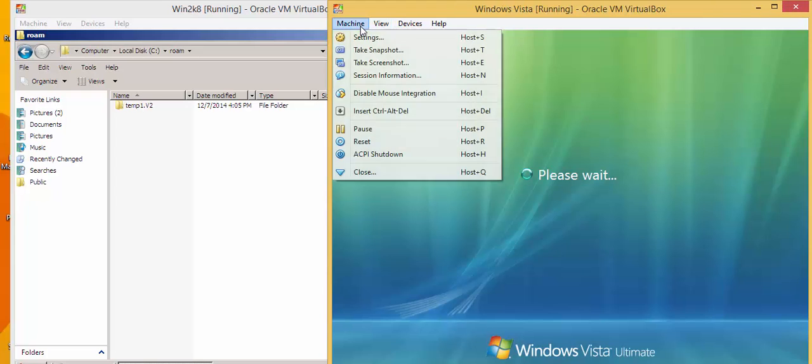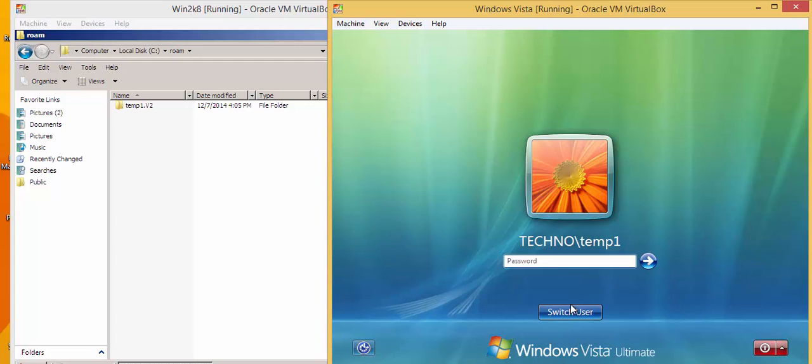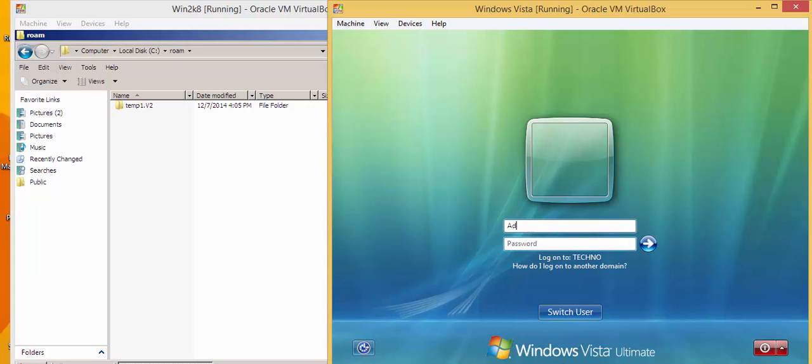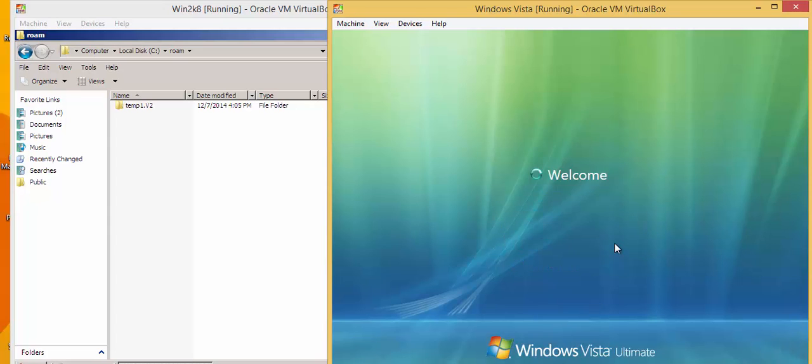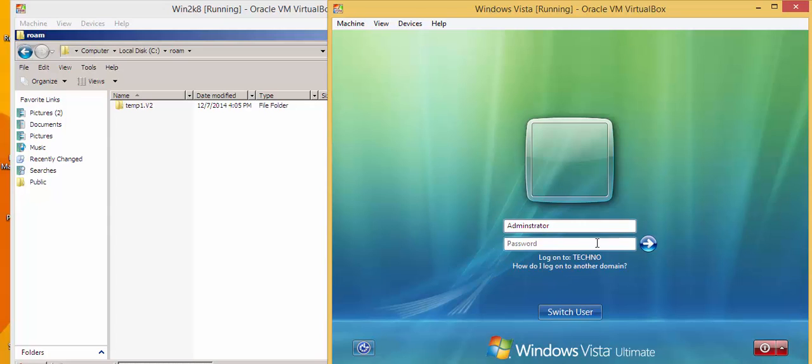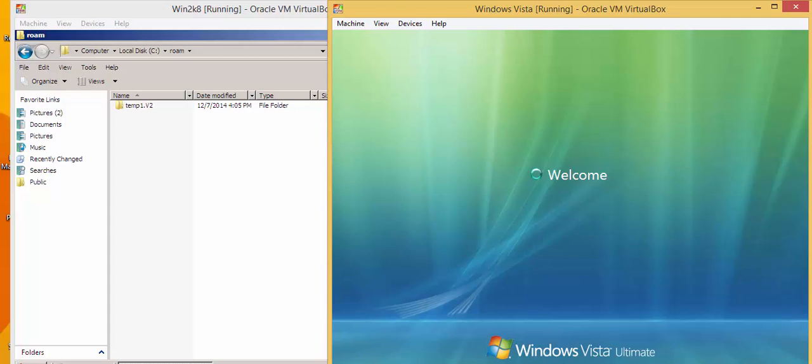Right, and then what we're going to do now, we're going to log in the account using the administrator account. Right, and once we logged in on the first account, what we are going to do,